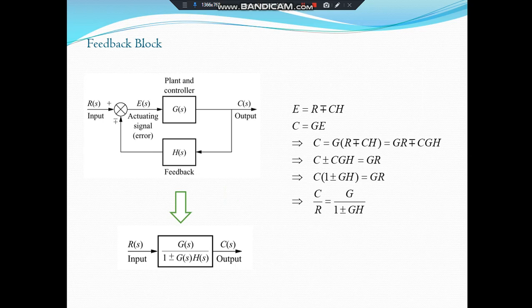Actually there are three possibilities in any complicated system: either the subsystems will be in series, or in parallel, or in the form of a feedback loop. So we have learned how to reduce series and parallel